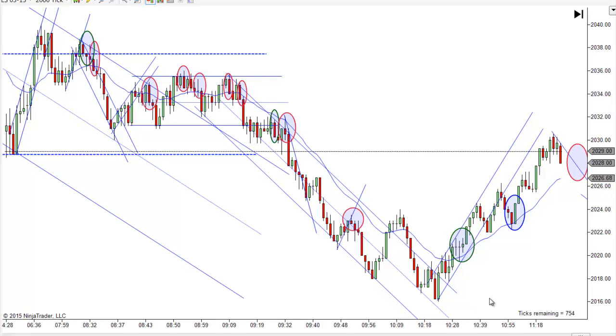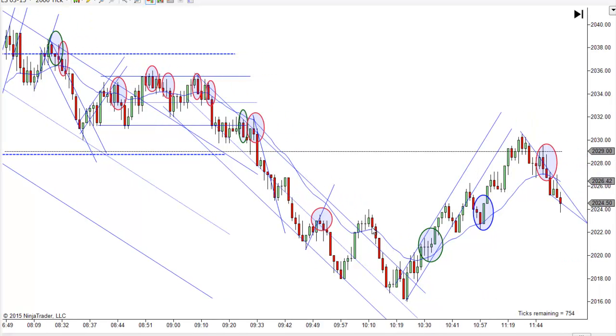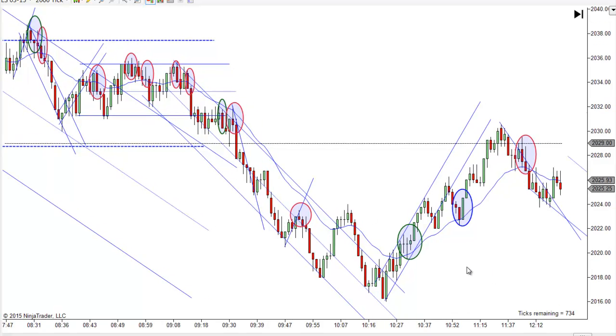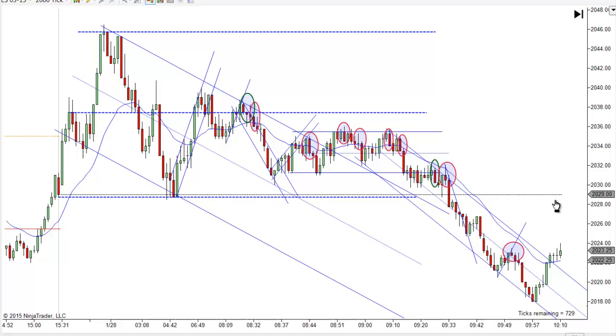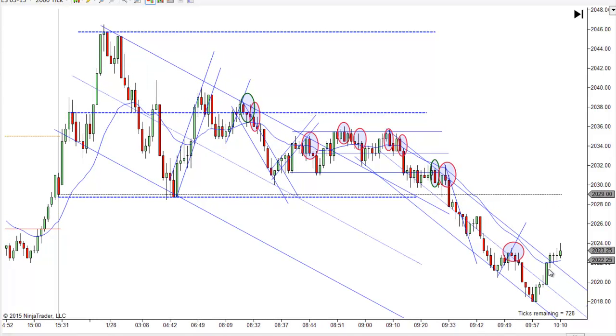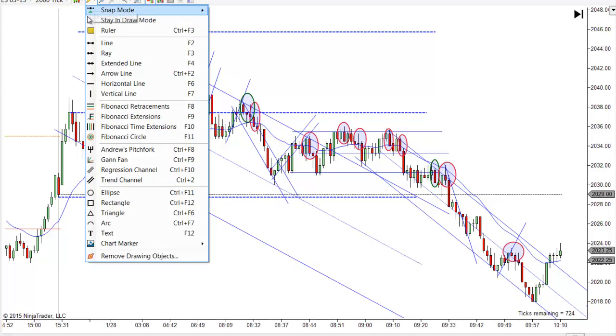That turned out to be a great trade, but I don't see myself entering that trade. I was not trading by this time, but I wouldn't enter that trade. I'm not going to mark it, because if you look at it, if you don't see that bearish move, look at that. I mean, that's a nice bullish move up, and you got to be real careful. And you should be drawing